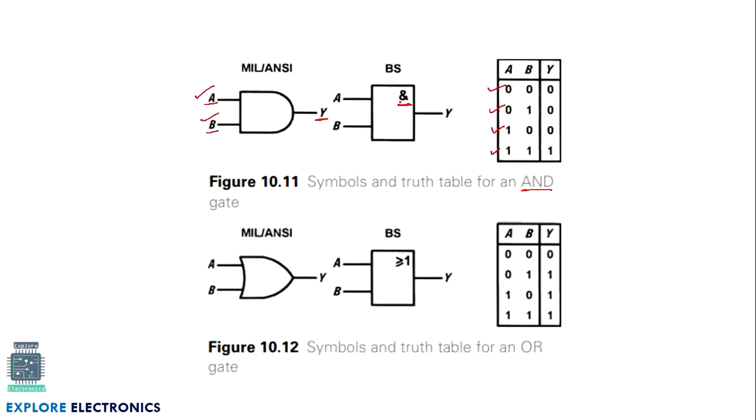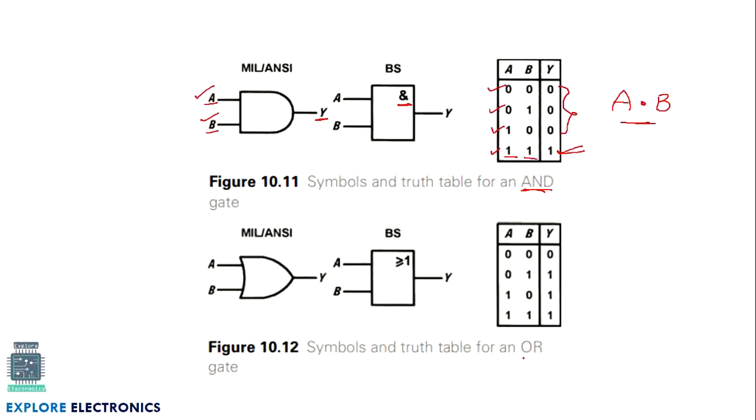This AND gate will give the output 1 only when A and B are 1. As the name itself says, AND, it is giving the information in such a way that when A is 1 and B is 1, output is 1. That's why it is named as AND gate. In the rest of the cases, whatever the input is, the output of the AND gate will be 0. Here A should be 1 and B should be 1. It is represented as A dot B.